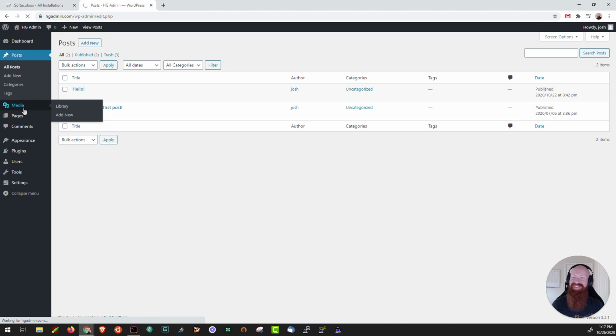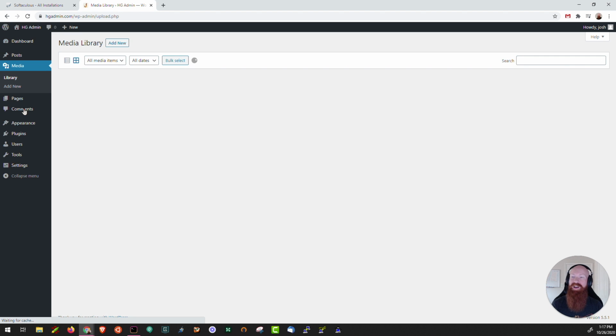Moving on to the media section, this is going to be the best place for you to add new content into your media library. So if you have videos, photos, really anything that you want to add to your posts or pages, you can click Add New here. It's going to pull up a dialog box to find those items directly on your computer. You can add them very quickly to your library.